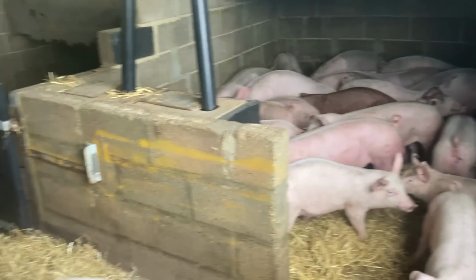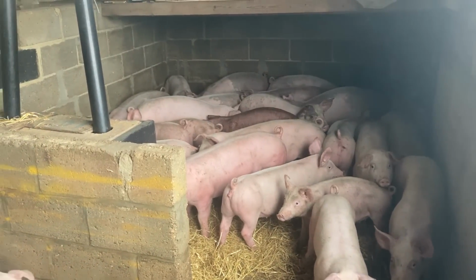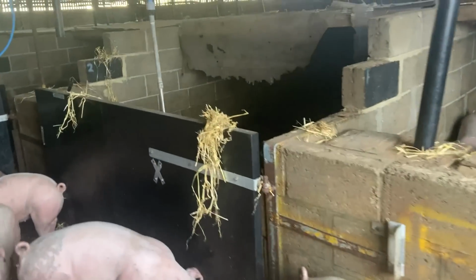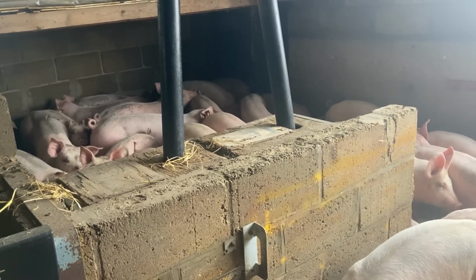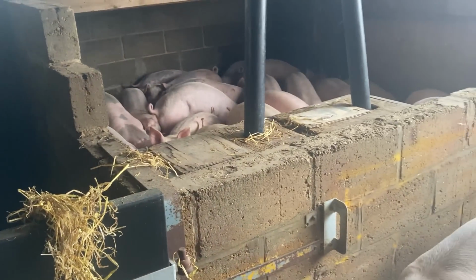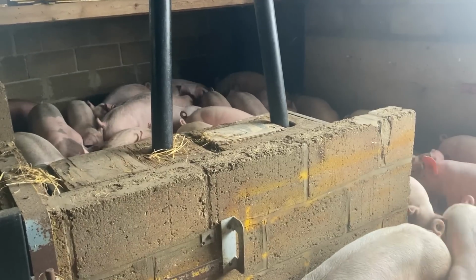So I'm not set up. When the pigs are small, I normally double up the amount of pigs I put in each pen to keep them warm. So I put 2 hoppers in this pen, and the second pen here is just where we store the straw for the next few days, because normally it's 3 or 4 weeks before we have to split them. But because these pigs are so big, the food came this morning at 6 o'clock. I started the feeder at 7, filled the whole system right up, and then when the pigs arrived they were this big,